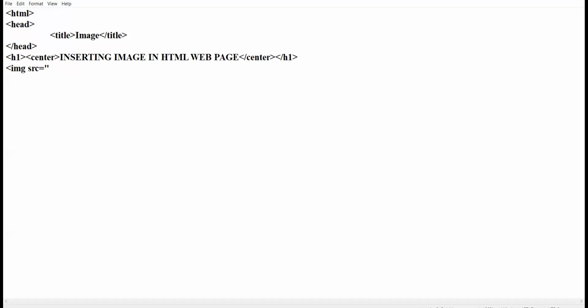Now here, after the double quotes, you have to type the complete path or the complete location of the image which you want to insert. How to put the location, I tell you. Minimize this notepad window.